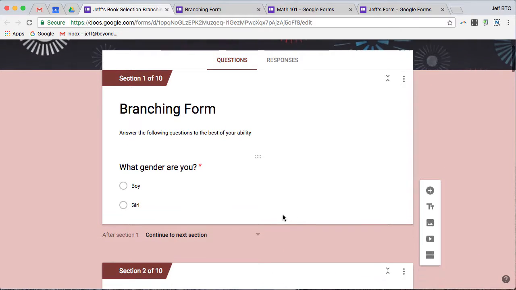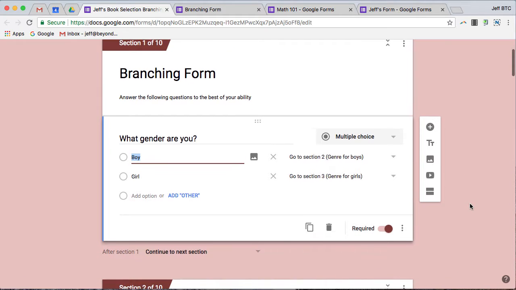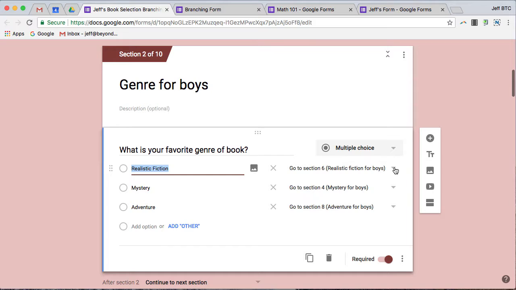For example, let's say I'm doing a math test and they get the question right, I send them to section 3. If they get it wrong, I send them to section 2, which has a review video and maybe some potential questions that they can go through, and then it sends them back to section 1 where they answer the question again, hopefully getting it right. So again, super easy. Notice most of these are multiple choice questions, and so you can only branch from certain